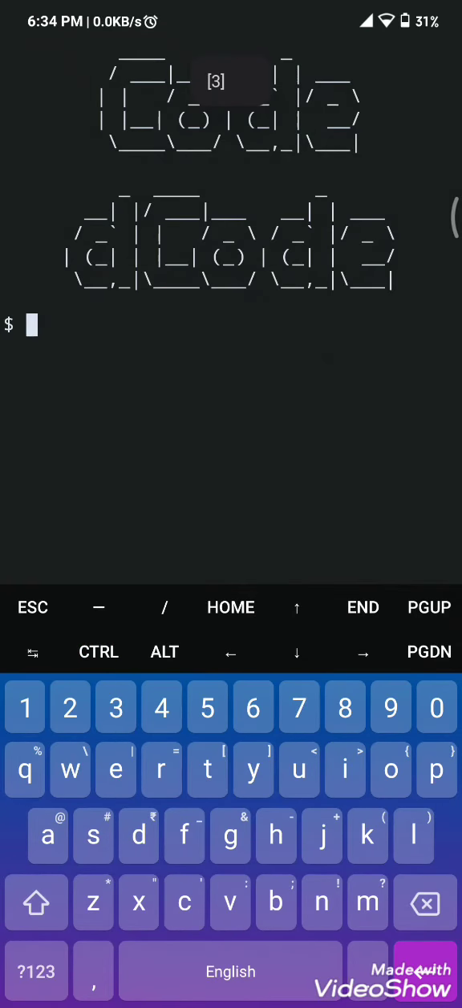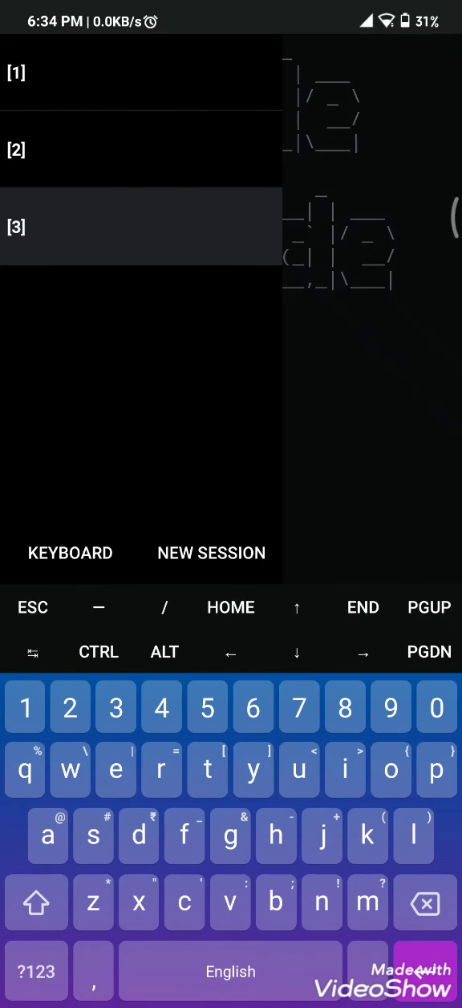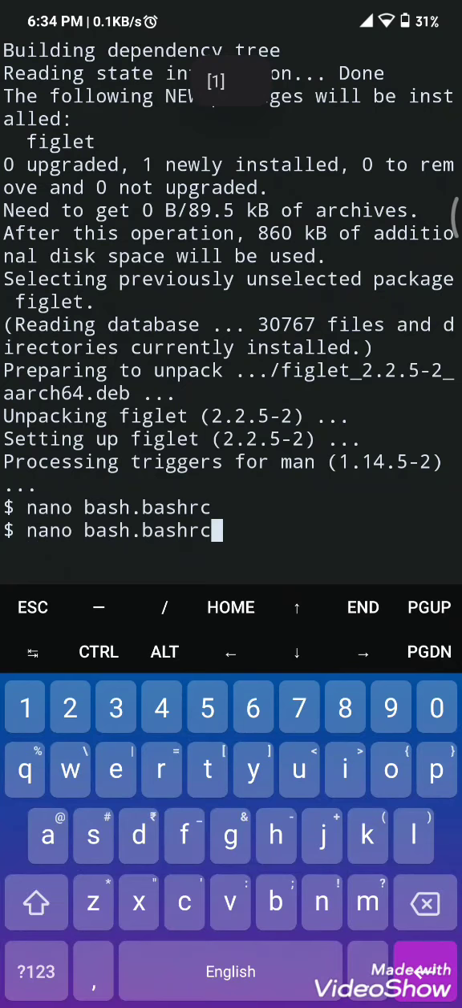Now you can see by opening a new session we have successfully added Code Decode in our Termux home screen. Now to add more stuff below the Code Decode, just open the first session and again type